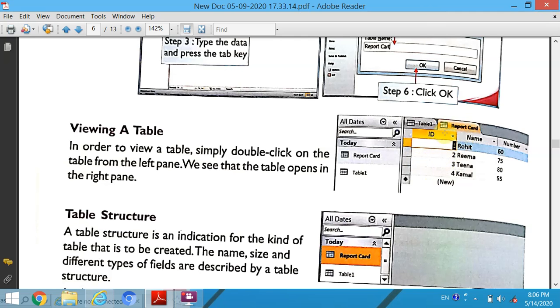Here ID by default is 1, 2, 3, 4, then the name that you typed and number. These are the structure of a table. First field name is ID, second field name is name and third field name is number. These are also called column names. And within a row you have typed the record, like 1, Rohit, and number is 60, and so on.